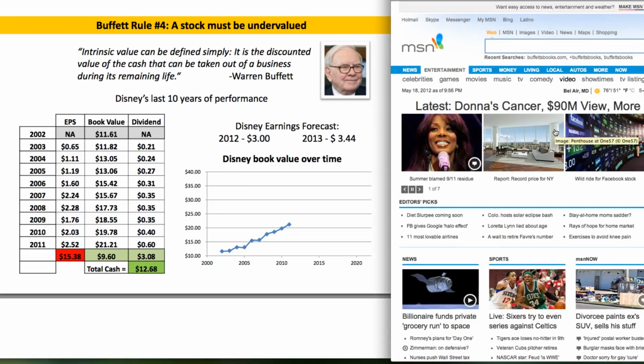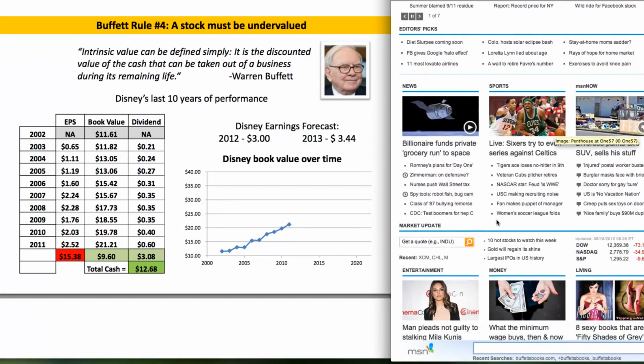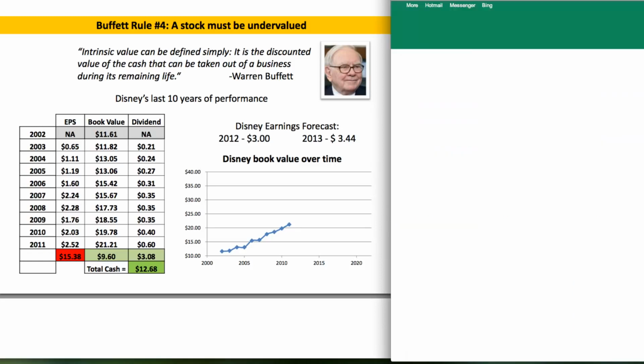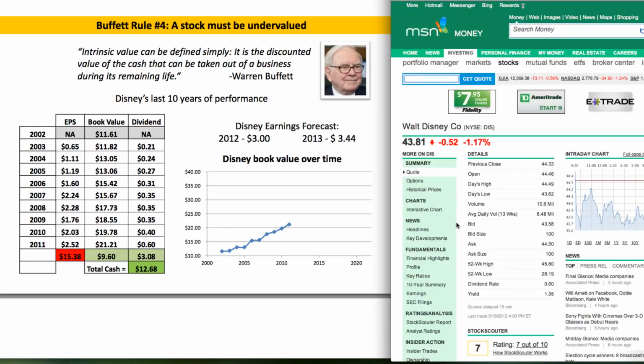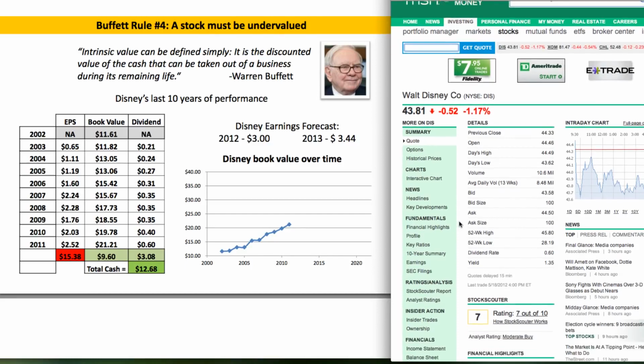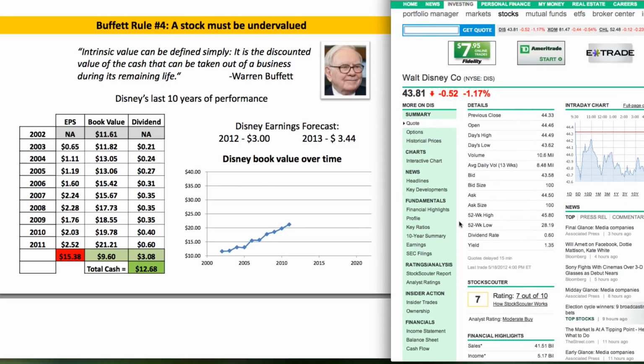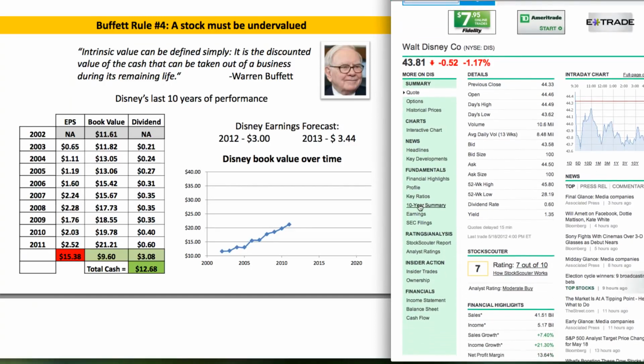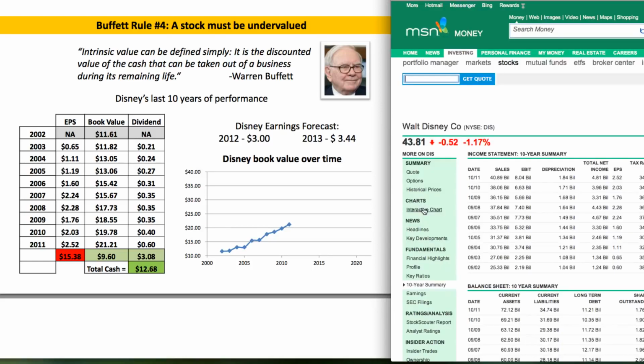Okay, so here we are at MSN, their top level page, and we're just going to go ahead and scroll down, and enter the Disney ticker, which is DIS, and hit enter. Okay, and it pulls up the Walt Disney Company. And so the first thing that we're going to look at is the trend for the earnings per share over the last 10 years. Okay, so we hit this 10-year summary,